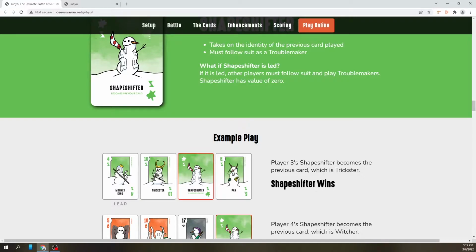Someone else throws down the 10 of Troublemakers, which is the Trickster. Player 3 follows suit with the Shapeshifter, but because it's the Shapeshifter, it changes into the Trickster. And then player 4 throws down the 6. So because Shapeshifter became the Trickster, it's the highest point value now, and it wins the hand.